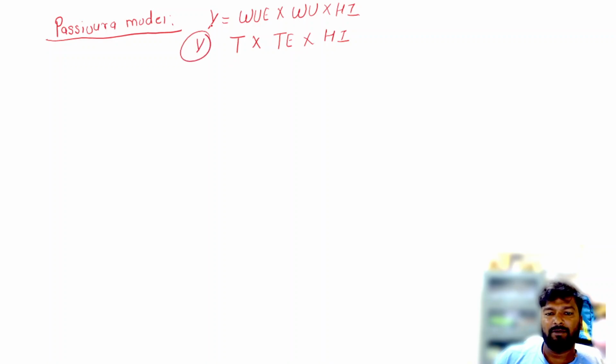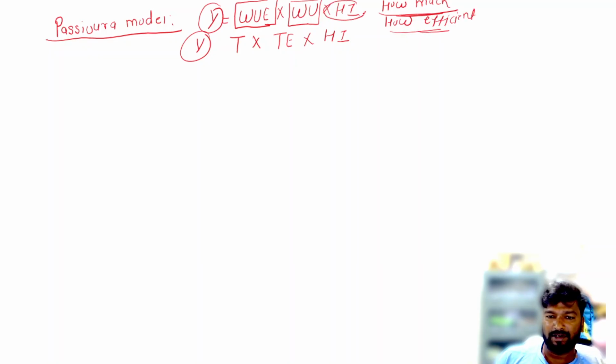So yield is dependent upon the water use, means how much water is used, and how efficiently this water is used, and the harvest index, that is transpiration and transpiration efficiency into harvest index. So this is about the